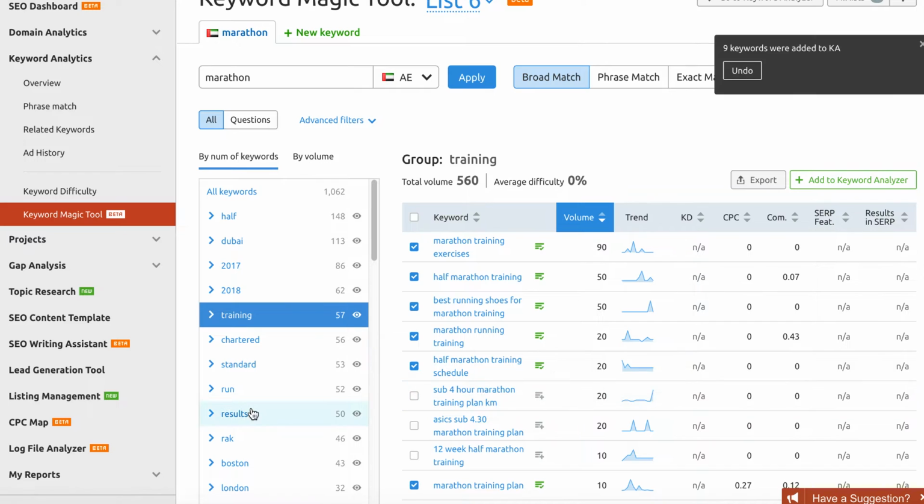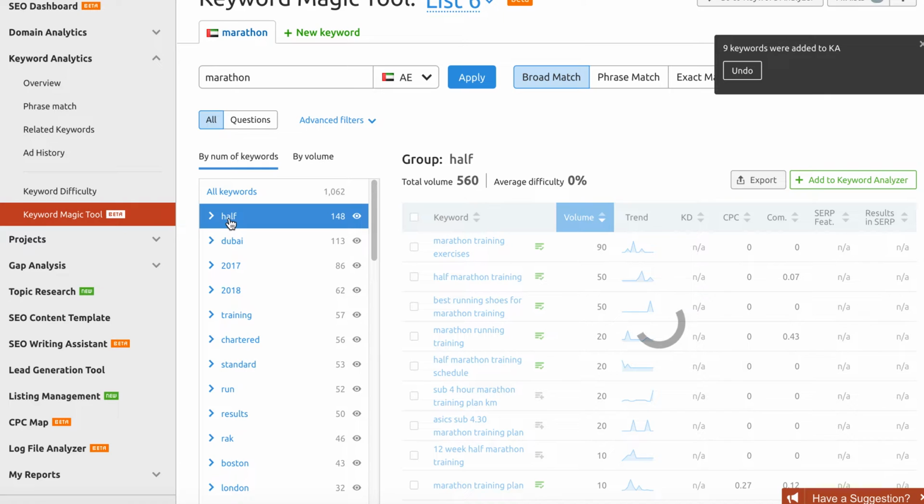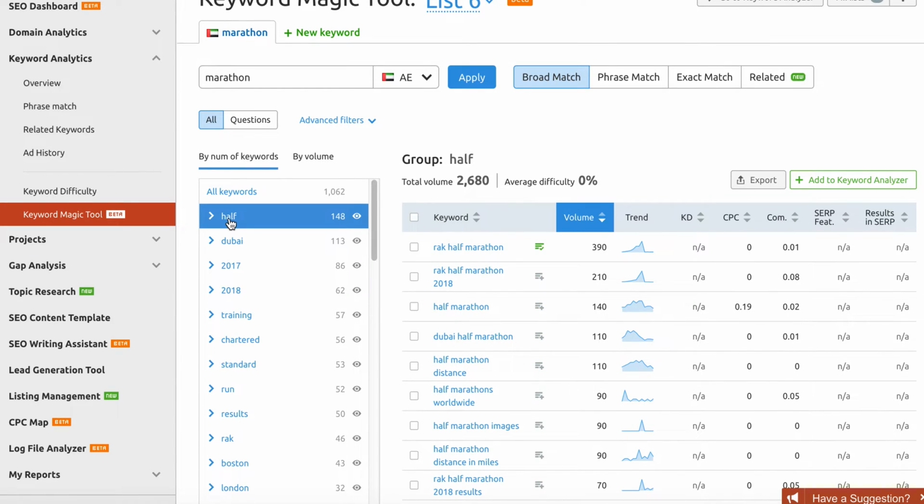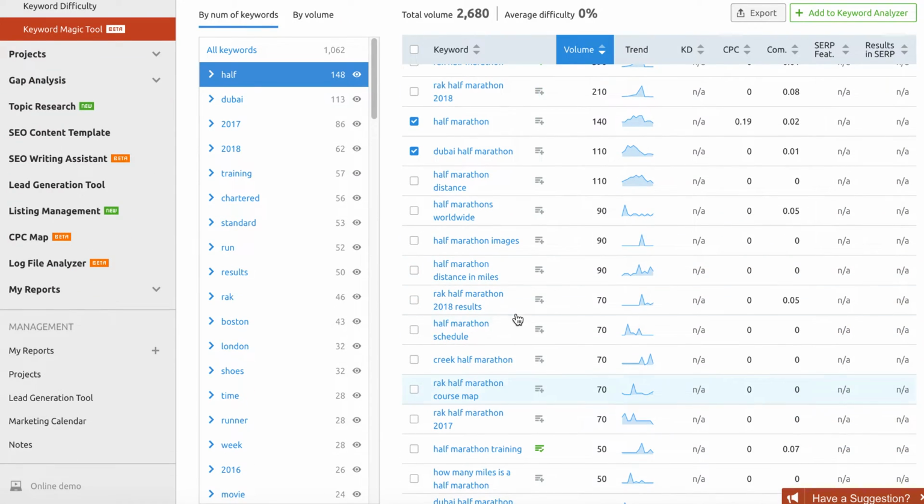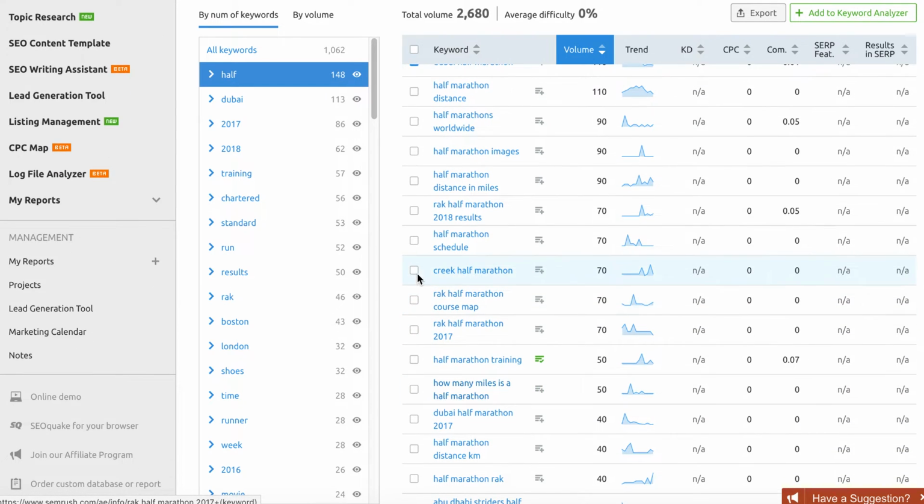Not sure if anything else looks interesting. Let's see if half is worthwhile. So we already had that one. Yeah, half marathon, Dubai half marathon. So there's definitely searches for specific half marathon races.